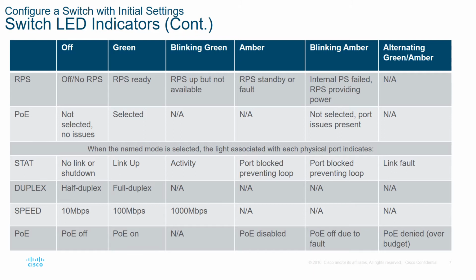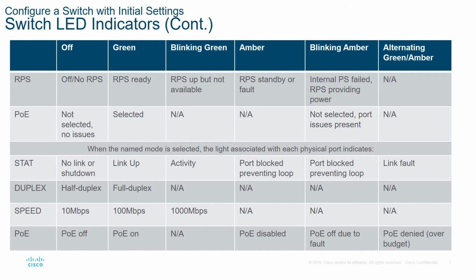If the port status LED is off, meaning that no device is connected or maybe the port is shut down. If the port status LED is green, meaning that the link is up or some device is connected in that port. If the port status LED is blinking green, meaning that the link performs some activity by sending and receiving the data. If the port status LED is amber or blinking amber, meaning that the port is blocked or it is preventing the loop. If the port status LED is alternating amber and green, meaning that there is a fault in